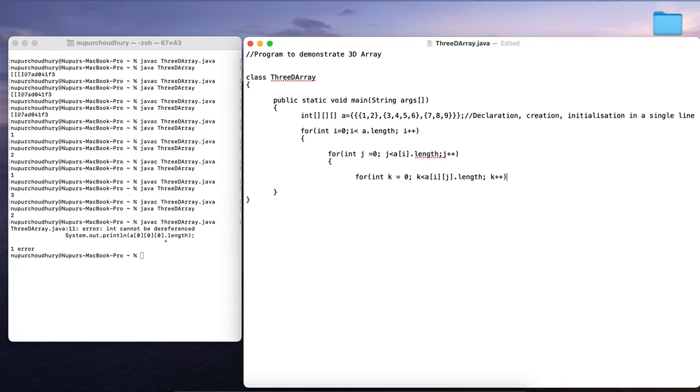This is the third loop, and within this I will try to print system dot out dot println, followed by the value that I need to print: a of i, j and k respectively.